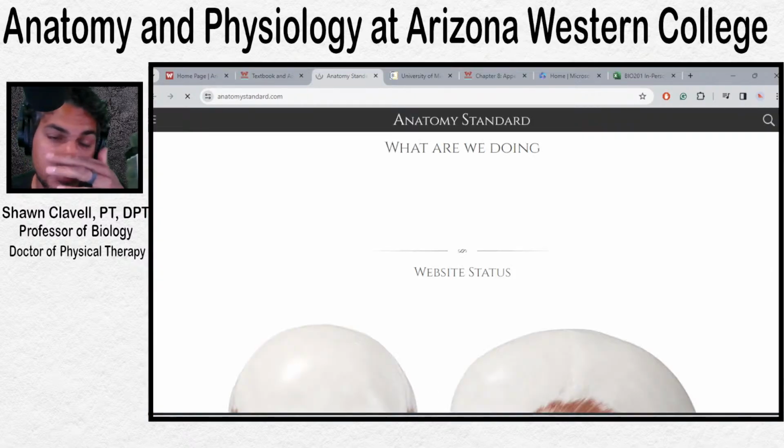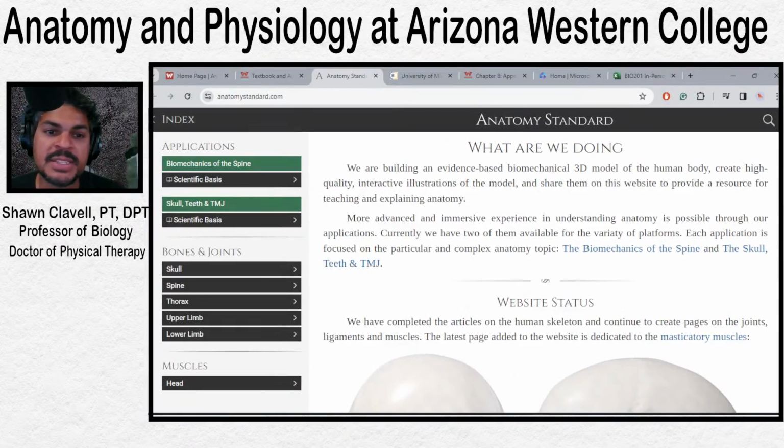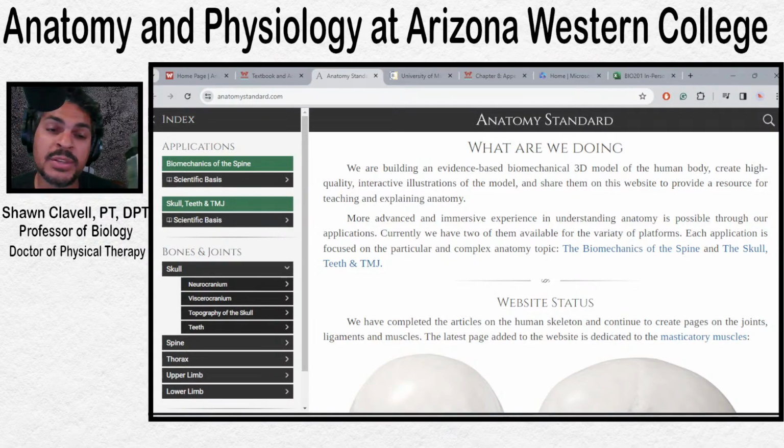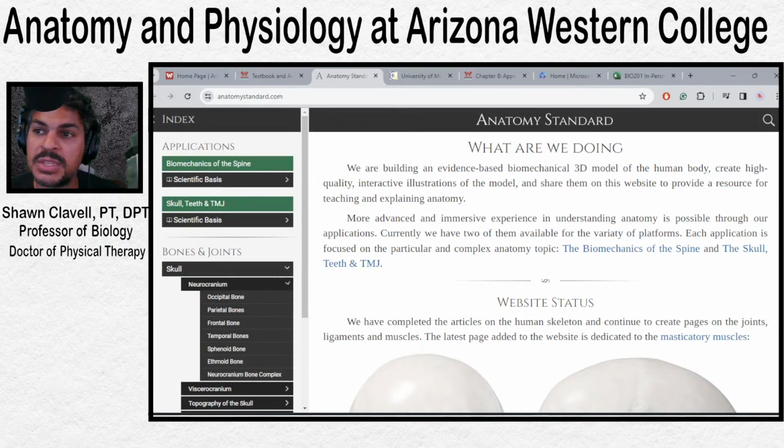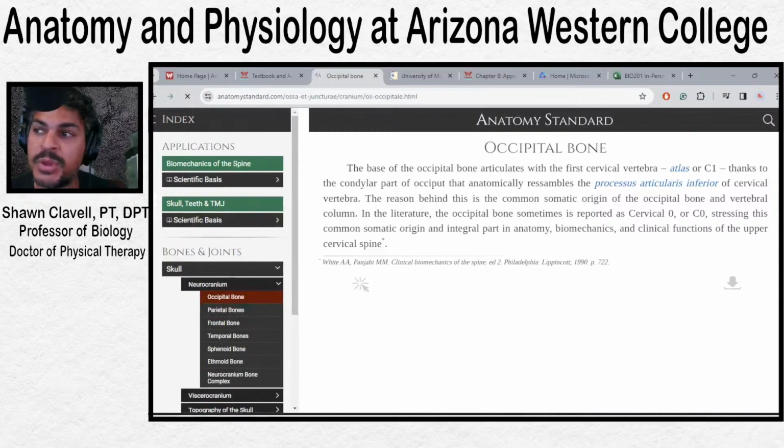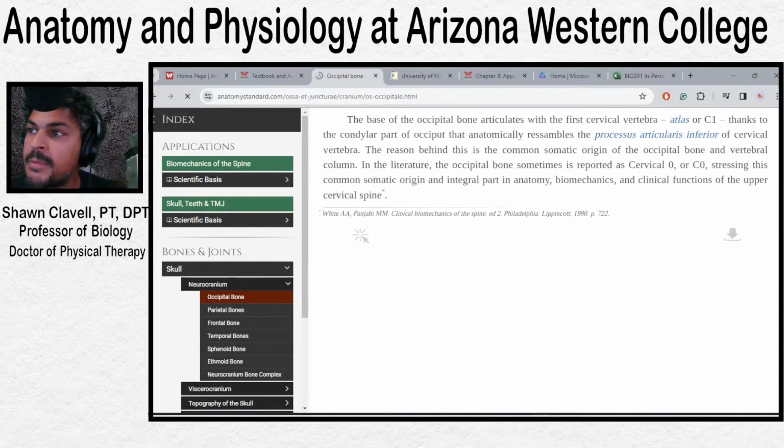So Anatomy Standard provides the pages that I use for your worksheet. Not my online class, but my in-person class uses their online worksheet, and I use Anatomy Standard. And you can see here that it's a really vivid open educational resource. So there's plenty of beautiful pictures here that provide